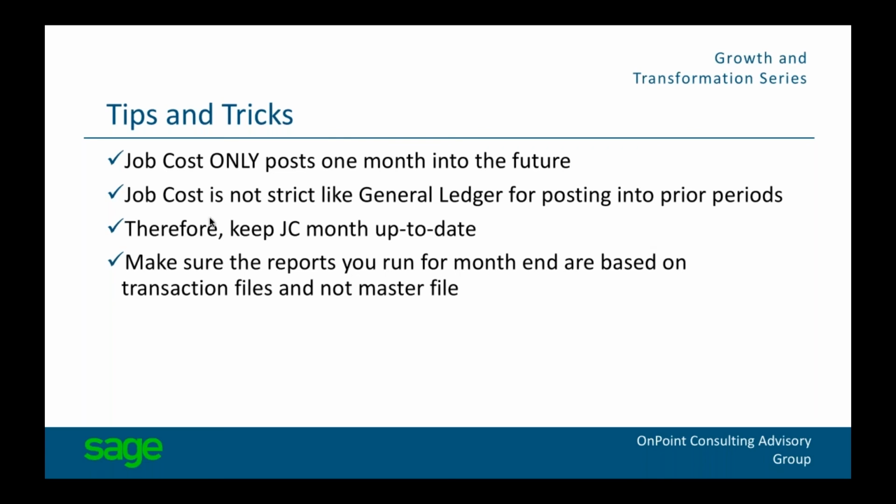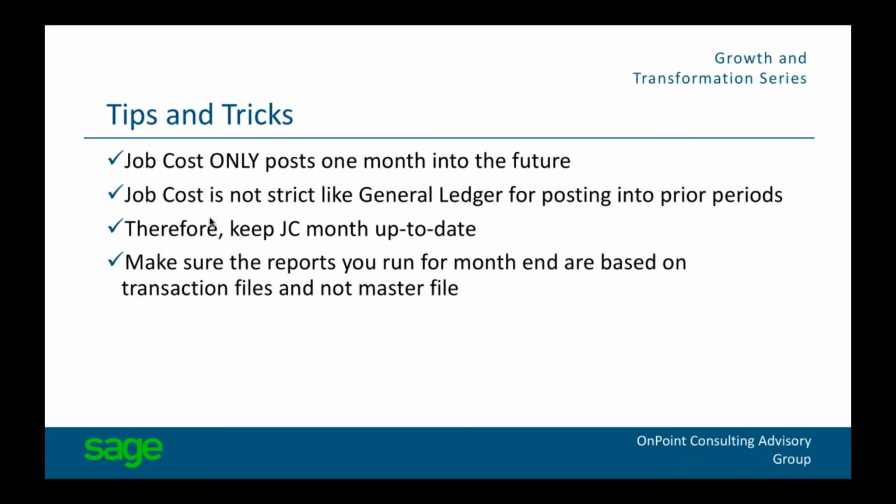And job cost is not strict like general ledger about posting to prior periods. If we keep it moving along, usually I tell everybody it's fine to close the month in job cost at the same time when you close the month in payroll, just so that it keeps going. Everybody knows they have to do the one in payroll. So just add job costs to that,